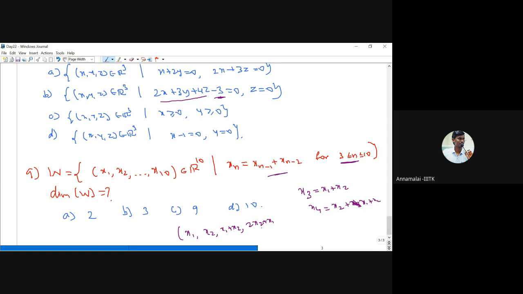Anyway, the unknowns we are using are x1, x2. If we take x5, this is nothing but the sum of the previous two terms, that is x4 plus x3, and we know that x4 is in terms of x1, x2, and x3 is also in terms of x1, x2. Therefore, to take anything up to the last term, only two unknowns we are using, namely x1 and x2. Therefore the number of unknowns is 2, therefore the dimension is 2.